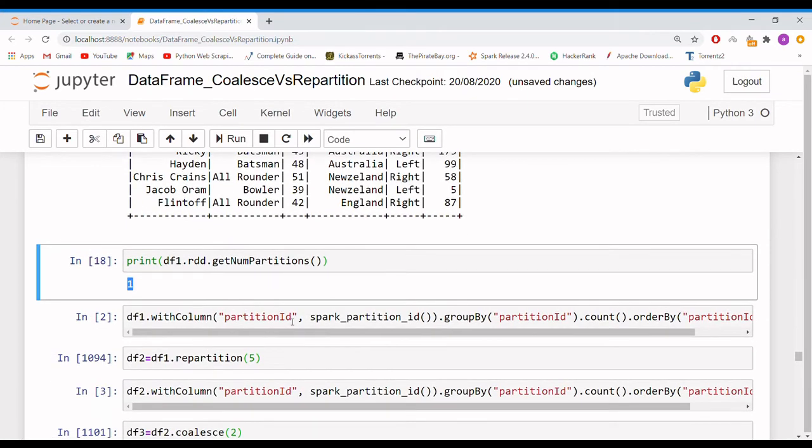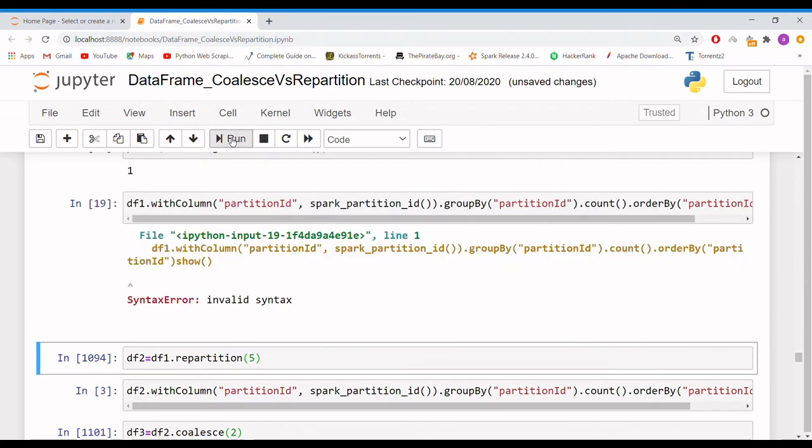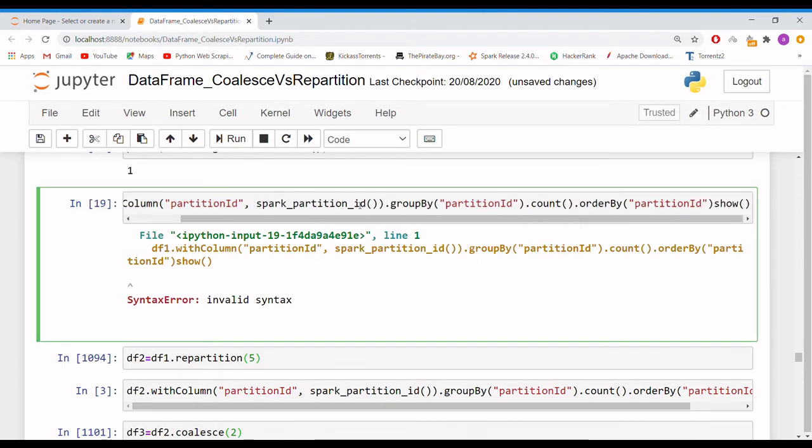Now what I am going to do is, using a withColumn operation, see on what partition ID these 10 records are stored. I am doing a groupBy operation on the partition ID column, and taking the count. If you execute this, something I have missed here.